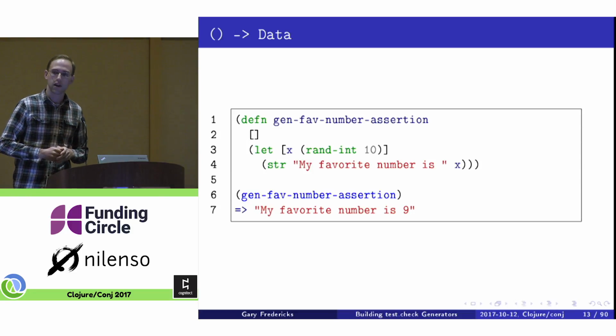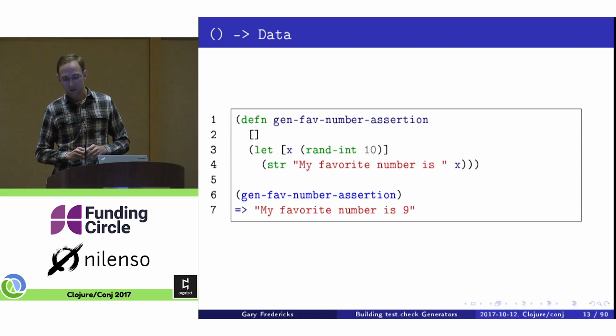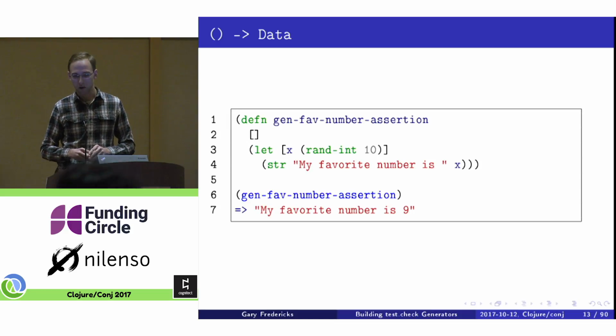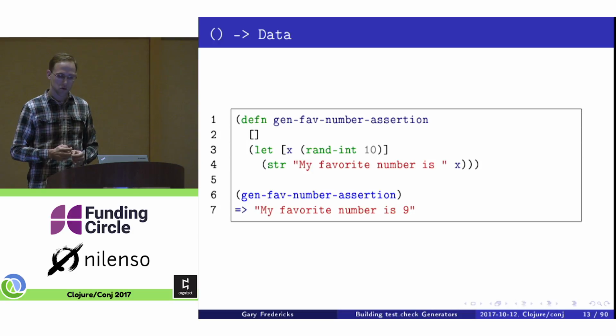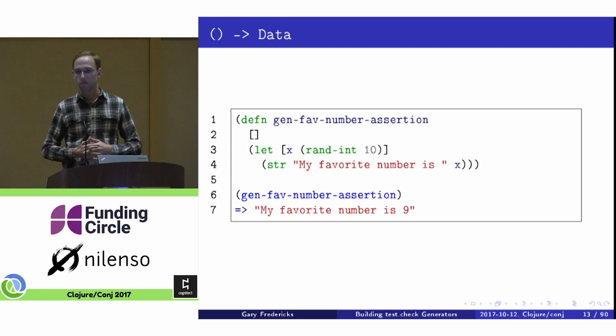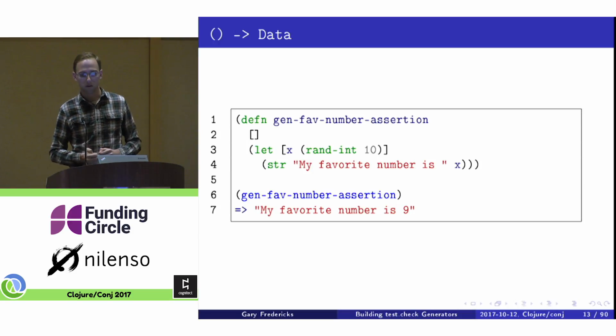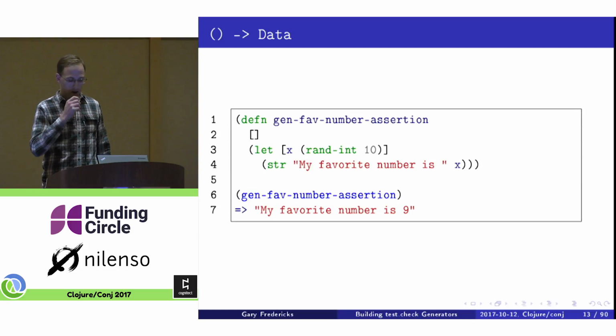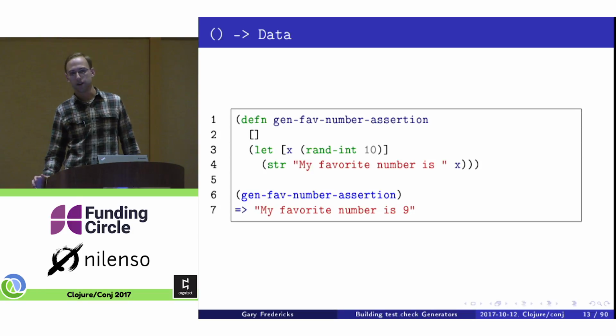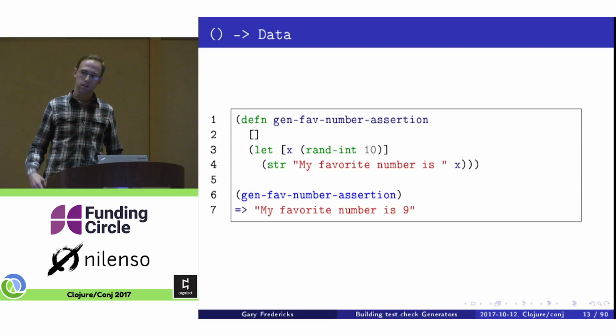We get a random number, and we generate this assertion about a favorite number. So now we have a favorite number assertion generator, and we can call it by just calling a function with 0 arguments, and it returns one of the values we wanted to generate. So this is good, but test.check, one of the features it has is it likes to